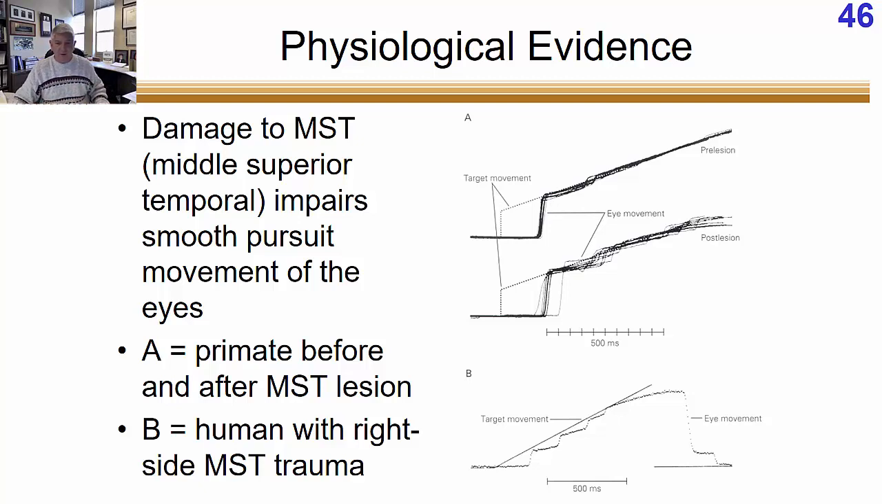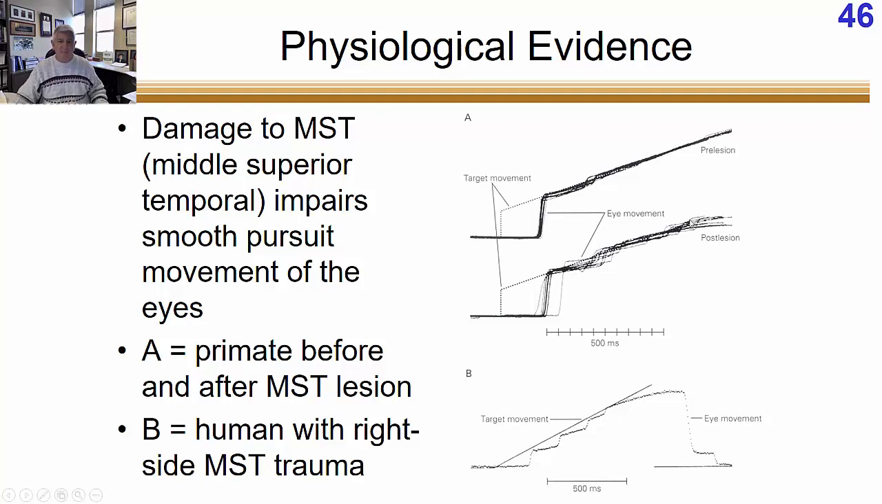So here we've trained a monkey to follow a target with his eyes. Pre-surgery, pre-lesion, the target starts moving. The monkey recognizes it's moving. His eyes do a saccadic eye movement to catch up, and then it does a smooth pursuit movement. When we lesion MST, the monkey has trouble following that optic flow. So we get the saccade, and then we have a bunch of little saccades, like trying to catch up or